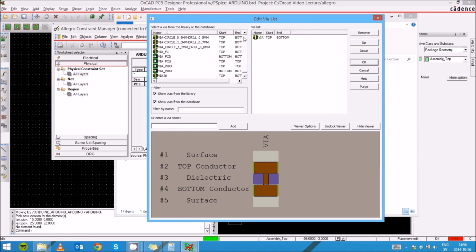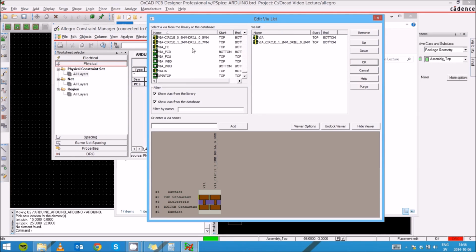So now you should be able to see this one, via circle 1.2 millimeters, and if you double click, it